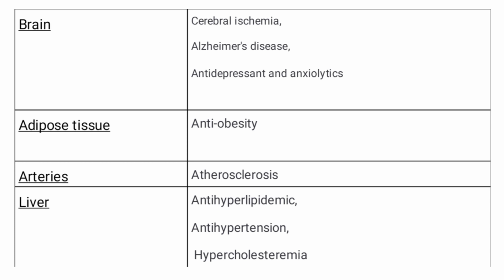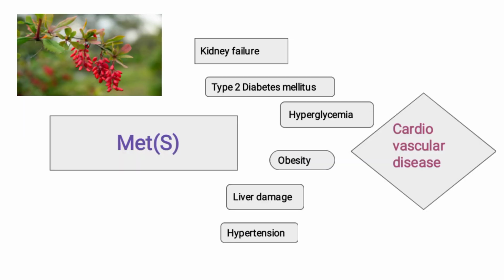Adipose tissue or fat cells, it acts as anti-obesity. Arteries, it acts on atherosclerosis. Liver, it acts as anti-hyperlipidemic, anti-hypertension, hypercholesterolemia. In general, metabolic syndrome, which is METS,